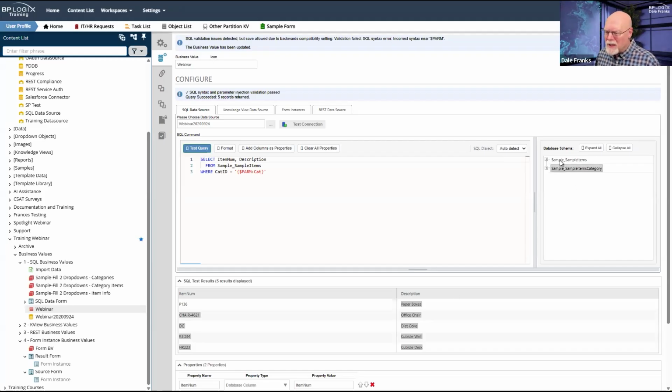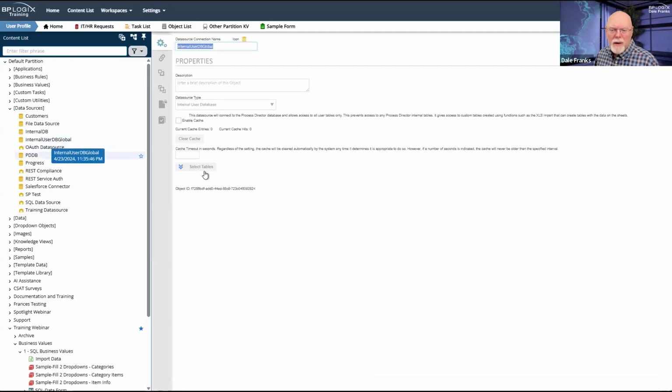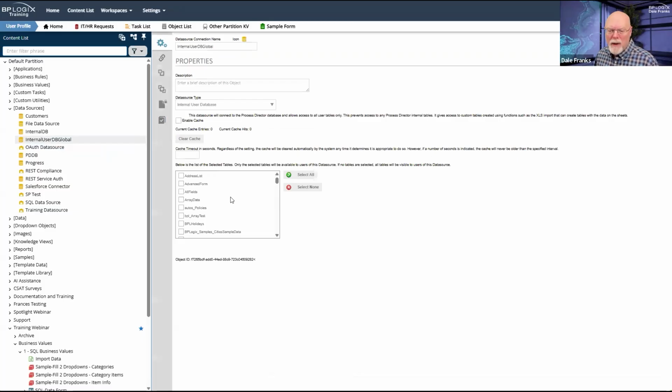Could you not see the tables listed over here on the right under database schema? Or are you not seeing the list of tables that I was referring to here when I opened the select tables and we were looking at all of these tables? I don't know what you mean, you couldn't see the tables.